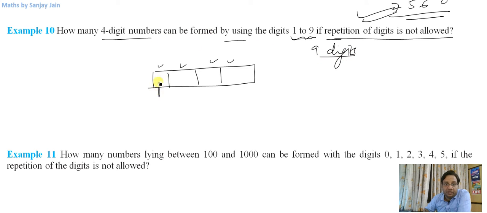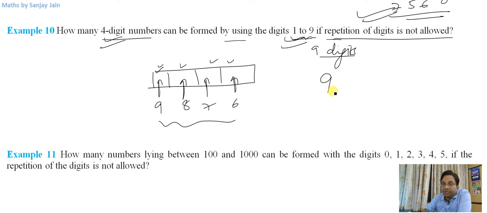Okay, so what essentially I am finding is 9, and this place can be filled in 9 ways, this in 8 ways, this in 7 ways, this in 6 ways. This is how we have been counting using the fundamental principle of counting. But now this particular exercise is based on permutation, so let me tell you in that way also. We need 4-digit numbers. I've got total 9 digits. So my answer will be 9P4, right? I am arranging these 4 digits out of these 9 different digits.